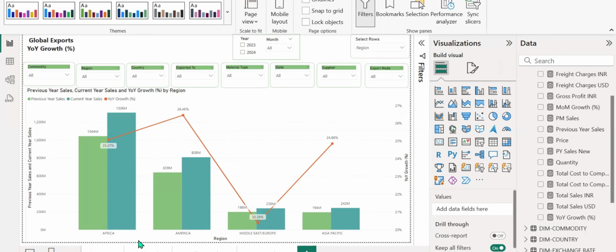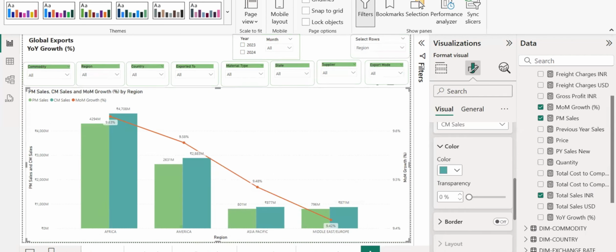We have got the most sales. Most of the products are being exported to Africa and America, and we are also getting more profits. The year-on-year growth is good compared with the others, because the sales are good and the year-on-year growth is good. For Middle East, the sales are okay, but the year-on-year growth is lower. We can observe like this for year-on-year growth. Are we good? Okay, Africa and America are